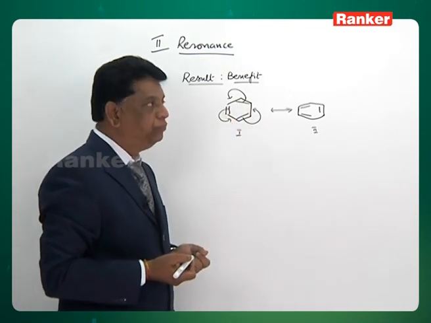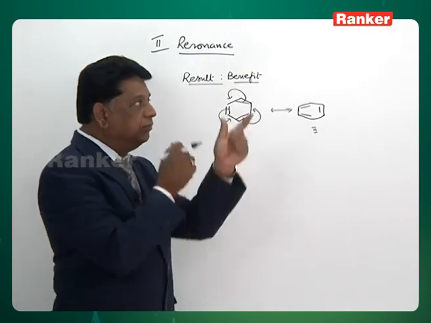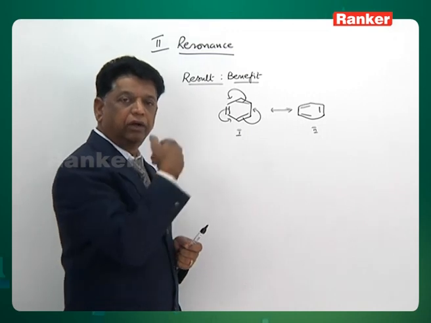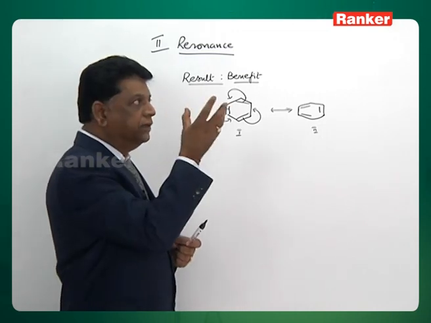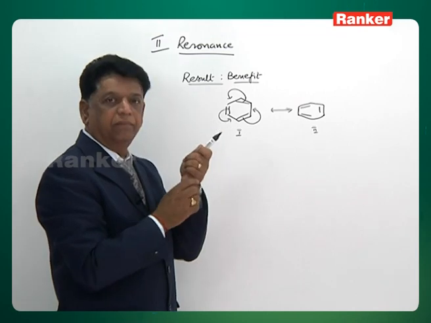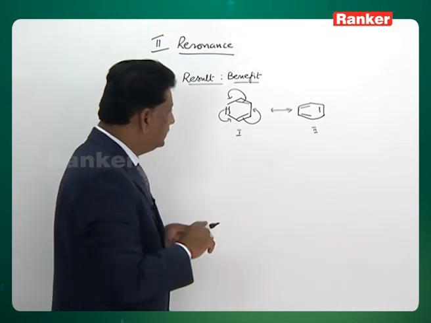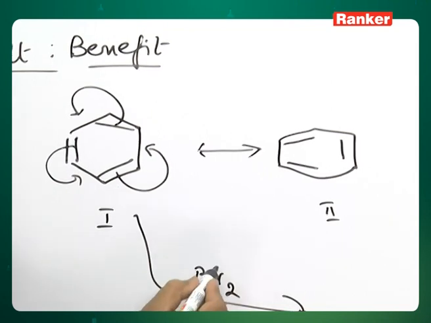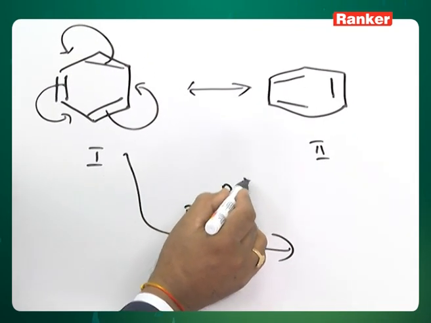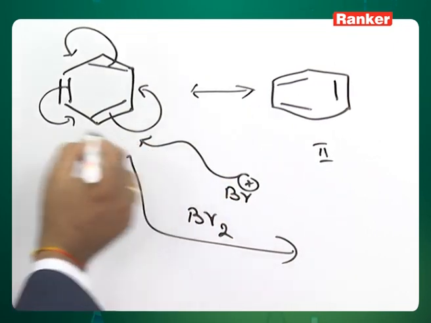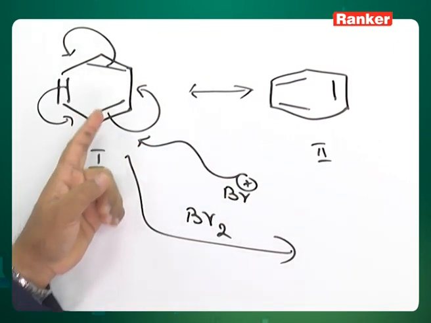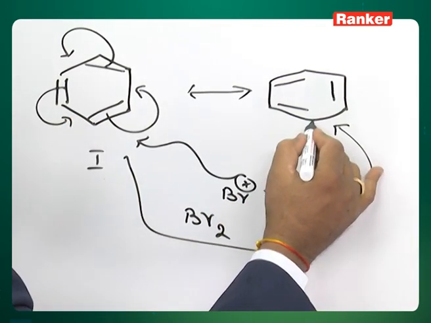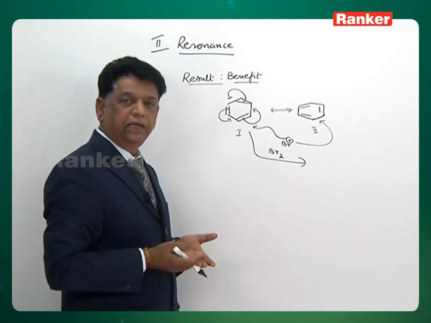Just like a bird sitting on the wall, if somebody wants to fire at it, if the bird changes the place, we cannot fire it, isn't it? A sitting bird you can fire at, but when it is moving, you cannot. Just like that, if I treat this molecule with bromine, the bromonium cation is likely to attack the double bond. Granted there is a double bond, it will go and try to attack. By the time the bromine goes there, it will become a single bond. That means the attack will fail.